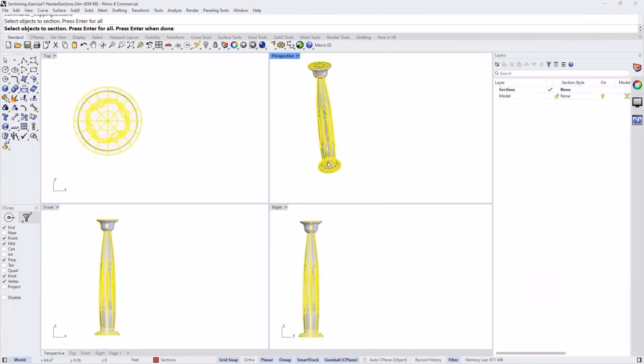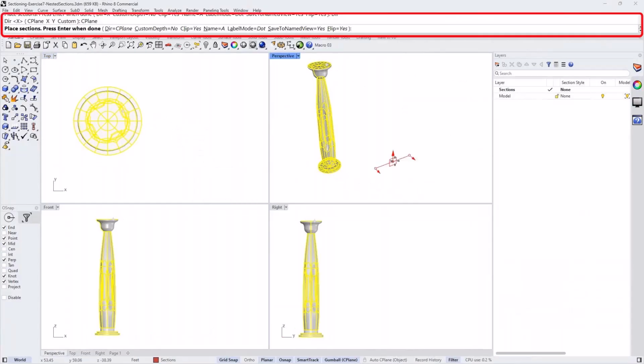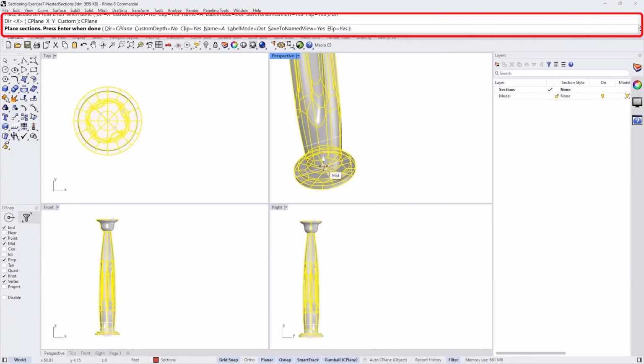So I select that object that I want a section. I want the direction to be a C plane, right? And I am actually using, let's just do, it's actually using that base.